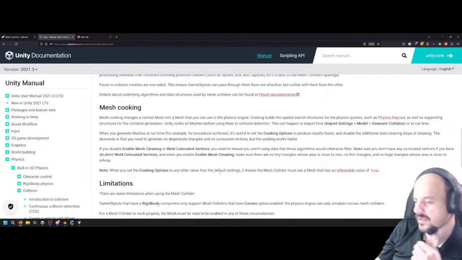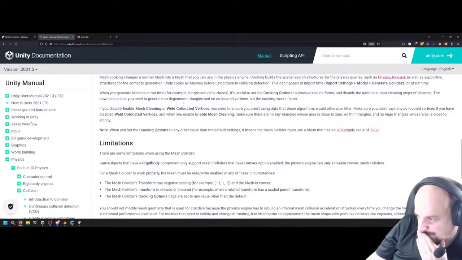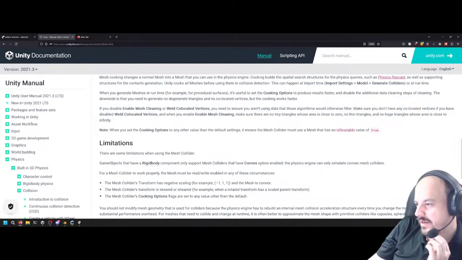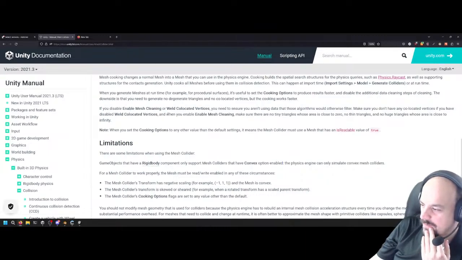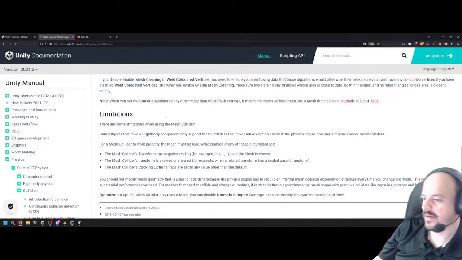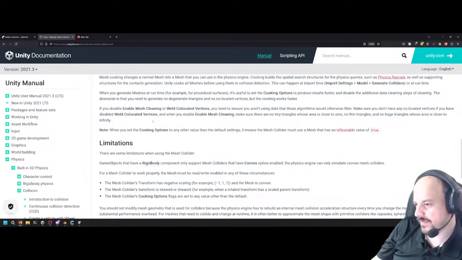If you disable mesh cleaning or weld vertices, then you need to ensure you aren't using data that those algorithms would otherwise filter. So make sure you don't have any co-located vertices if you have disabled weld vertices. I mean, we can check in Blender if everything is clean in the first place, because we're generating the damage state.